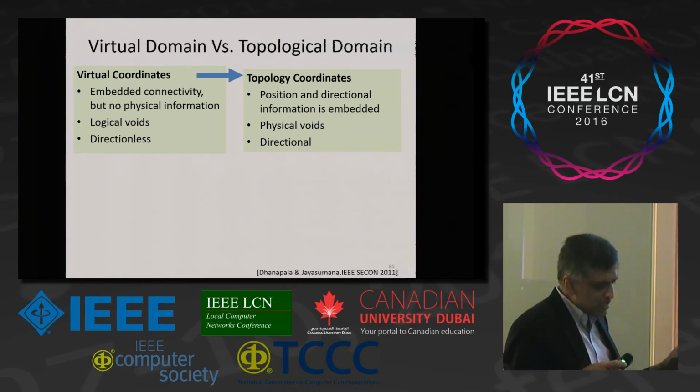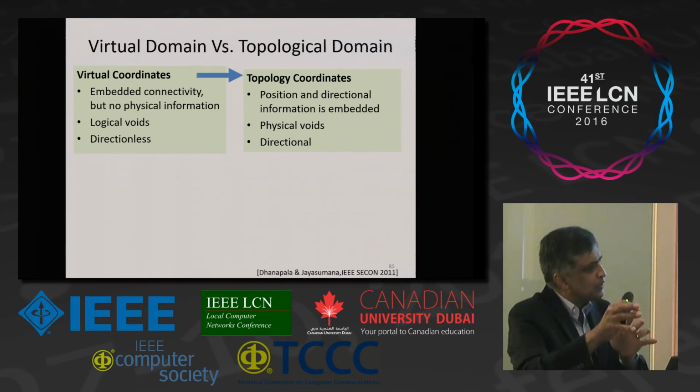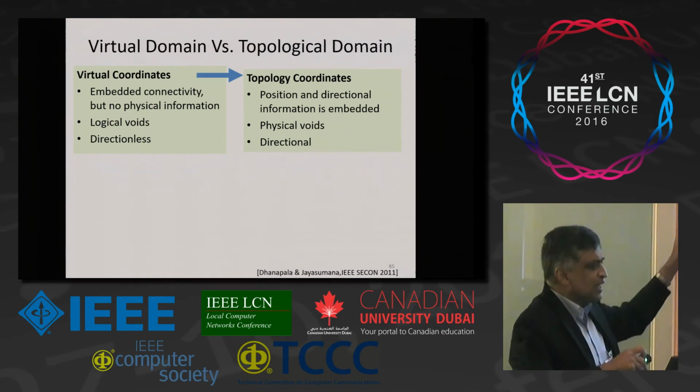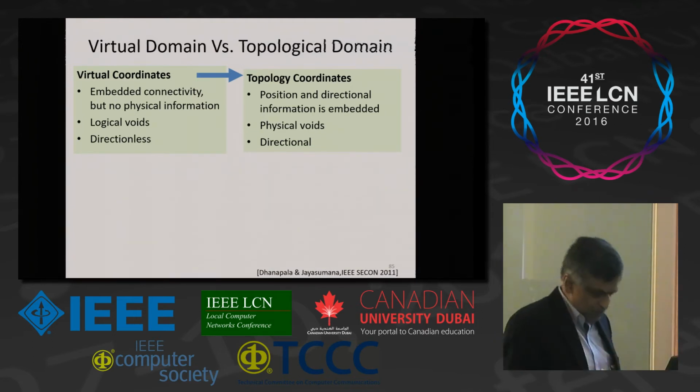So at this point, it was obvious, well, topology coordinates are somewhat like geographic coordinates. You have a distorted map, so you can still get onto concave voids. Logical coordinates, they have their own logical voids. So if you want to do routing, if you get stuck here, just go here and do routing. If you get stuck here, just go here and do routing, because we have both the coordinate systems simultaneously, right?